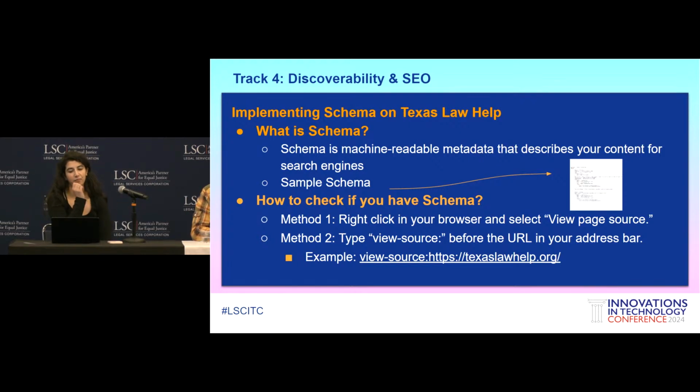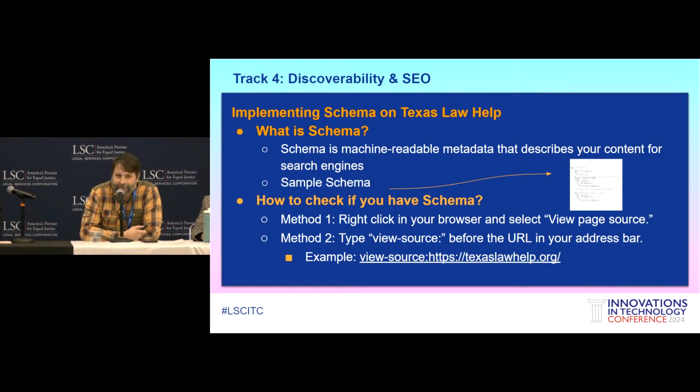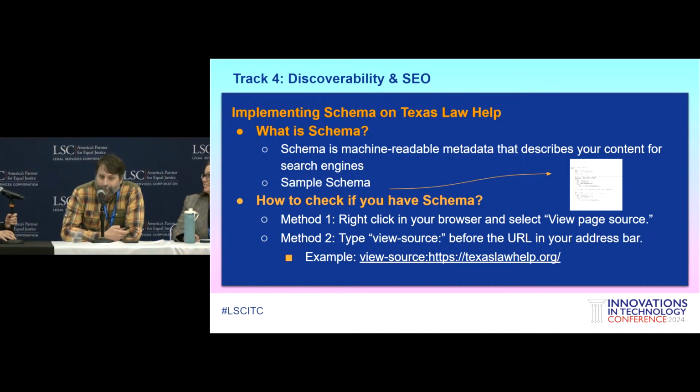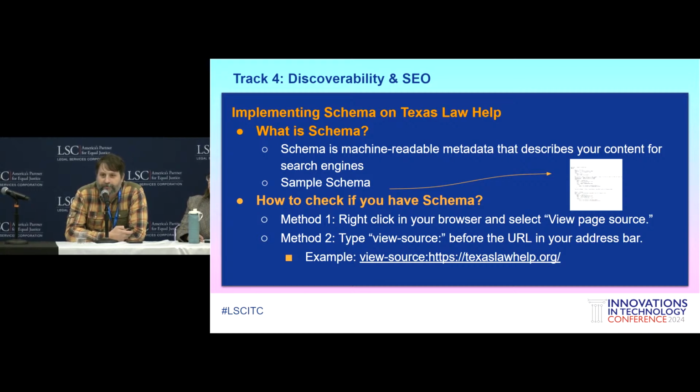Yeah, so I'm a little bit too excited to talk about schema just because we've had so much success with it. What is schema? It's machine readable metadata in the back end of your web page that tells search engines what you're all about. If you didn't build your website, you might already have schema. The developers might have put it in there, so it's worth checking before you go and worry about it. And it's really easy to check. You can just right-click on any page and select inspect. Yeah, view page source, not inspect. And you can see all the guts of the page. And if there's schema, you should be able to find it just by doing a word search for schema.